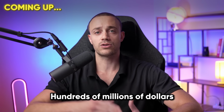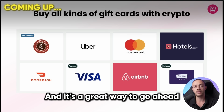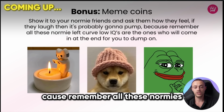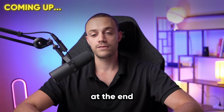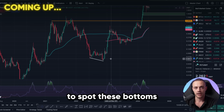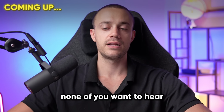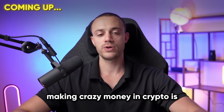Hundreds of millions of dollars coming into that ecosystem. Where will that money go? And it's a great way to go ahead and buy things in the real world with your crypto if you like. Because remember, all these normie left curve low IQs are the ones who will come in at the end for you to dump on. And what I love to look out for to spot these bottoms is called the double bottom chart pattern. Now, the real problem that I see, the number one thing that none of you want to hear, admit, or accept that's stopping you from making crazy money in crypto is...